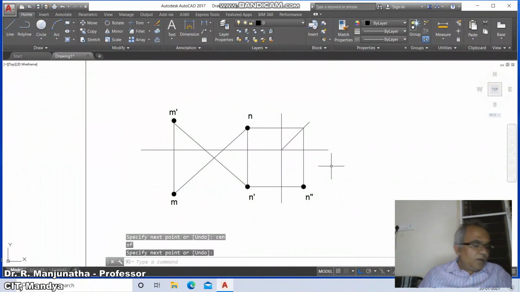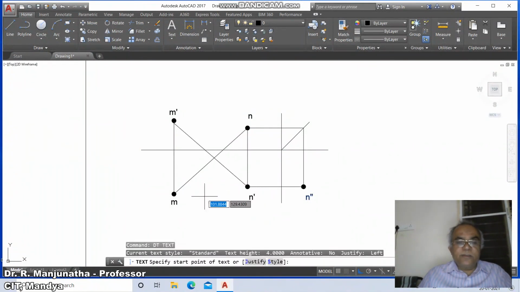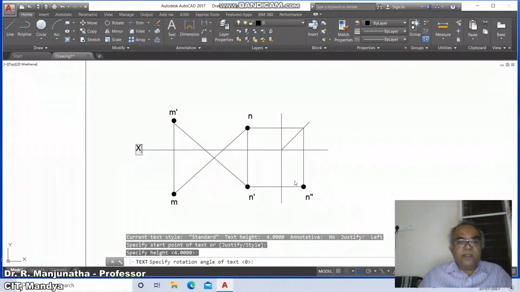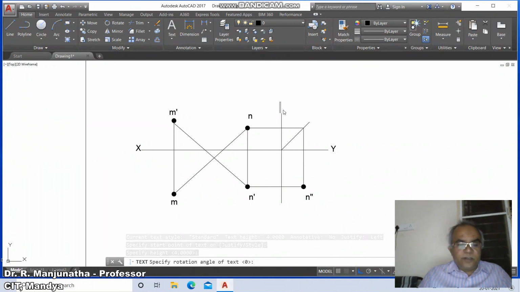Then now we need to go for dtext. Put the caps lock on and mark this as x, and you mark this as y, mark this as x1 and y1.